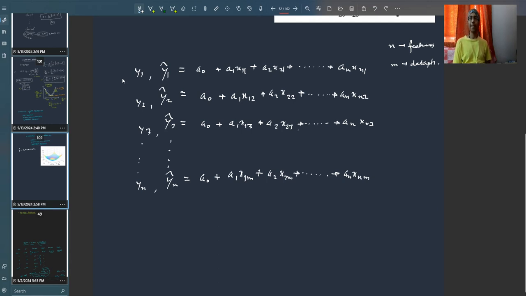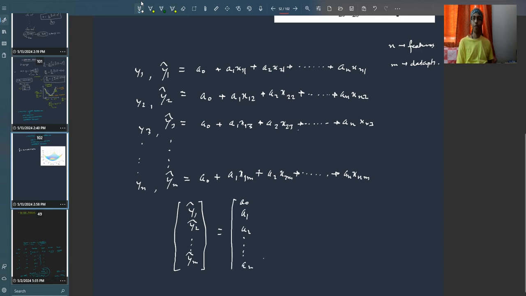So we can represent it like this: y1 hat, y2 hat, dot dot ym hat is equal to a0, a1, a2 up till an. That is from 0 to n. There are n plus 1 weights